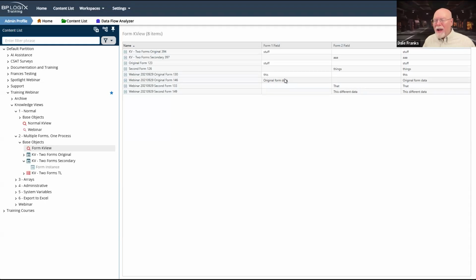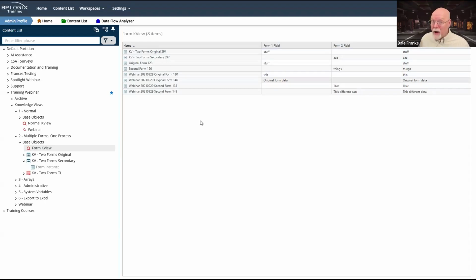Because in Process Director world, those two controls, even though they have the same name, input 1, have two different IDs. Now, if you remember last week, what we talked about with knowledge views is that they're kind of lying to you. Like the name that you see in this column, that's Process Director being nice and showing you the name. The actual value in this column is the GUID that uniquely identifies each one of these form instances.